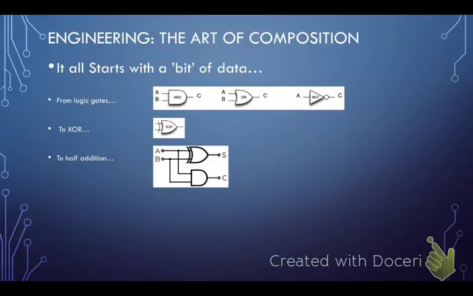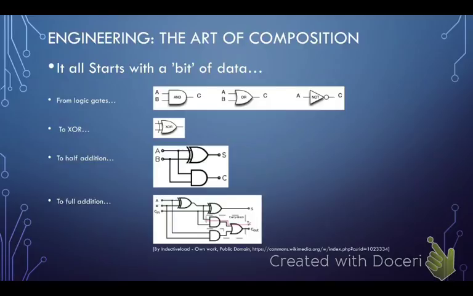Okay. Then we go from this half adder, and notice in this half adder we see the XOR gate embedded within it, and then we can go to full addition, wherein we handle both a carry in and a carry out, as well as the sum. And if you look closely there, you can see within that circuit the XOR gate and the AND gate connected together to create that half adder kind of in the center of that diagram there.